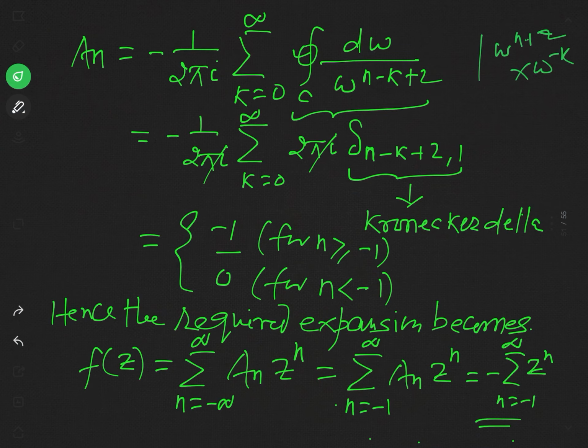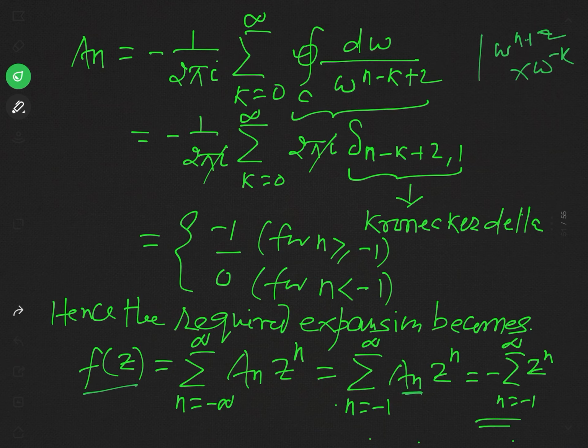So this will be from n equal to minus 1 to infinity, a_n z to the power n. But as a_n has the value minus 1 for all values of n greater than or equal to minus 1, let us put that in instead of a_n, and this will be this much. So this is the Laurent expansion of this function f of z, which has been defined by 1 by z into z minus 1,